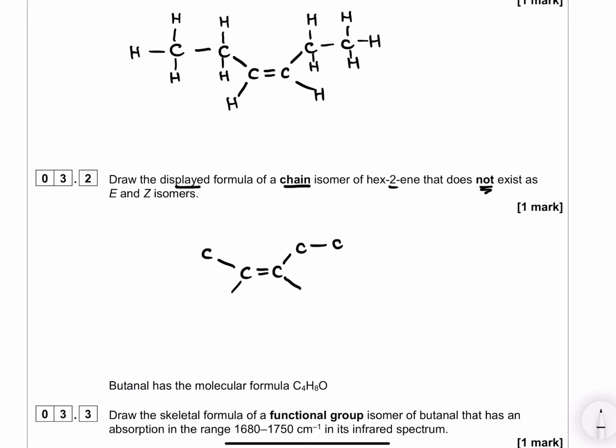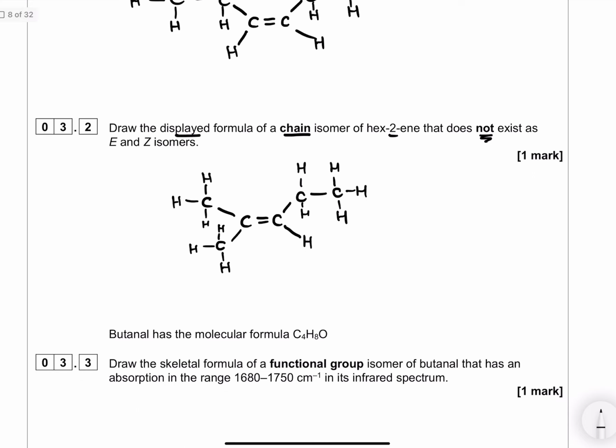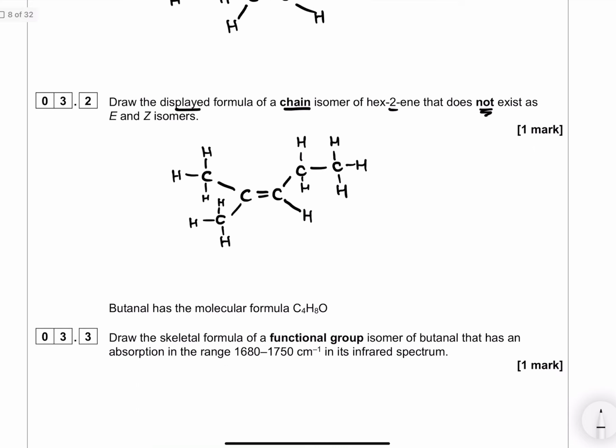And if we want it to not have E/Z, if we were to put it here, then we would have 2 identical groups on one of the carbons of the double bond. And we can see that by drawing this structure, 2-methylpent-2-ene, we don't have E/Z, but we are definitely a chain isomer of hex-2-ene. Now there is another structure that you could draw, so you could also draw a but-2-ene,